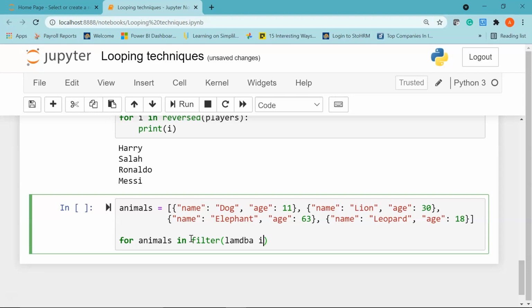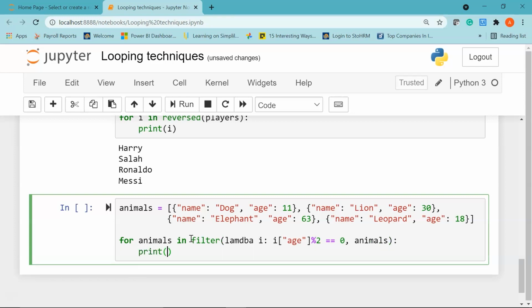I'll say lambda i colon i of age, if it is divisible by 2. So I'll say age modulo 2 equal to 0, give a comma, then we will print that animal. I'll give a colon, I'll say print animals.